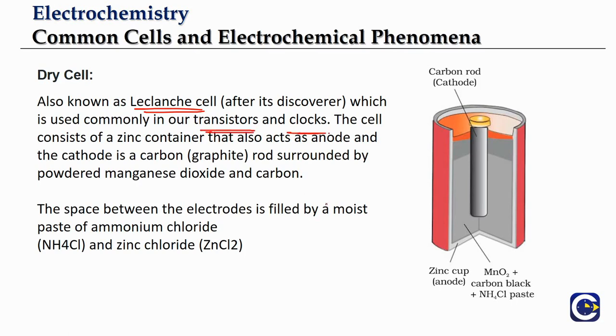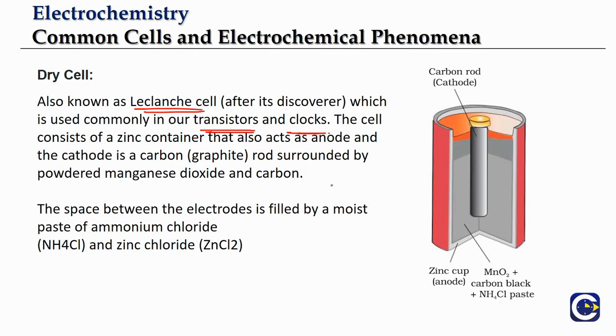The questions that we can expect on this particular area, the types of electrochemical cells, will generally be about the name of the anode or the name of the cathode, or they will ask about the electrolyte, or they will ask what the cell reaction is. So these are the areas, or some particular conditions or applications.